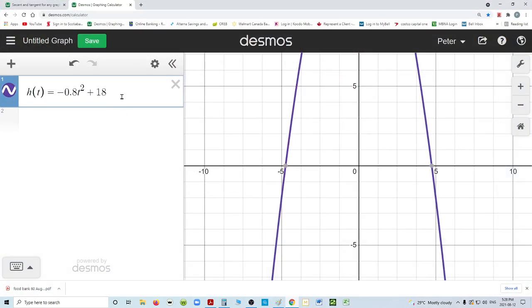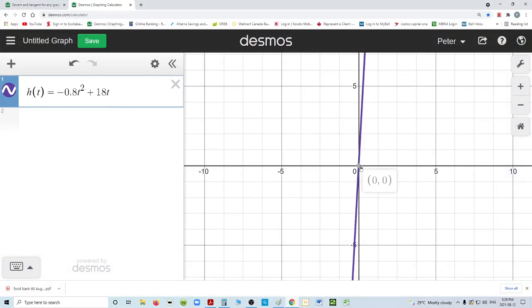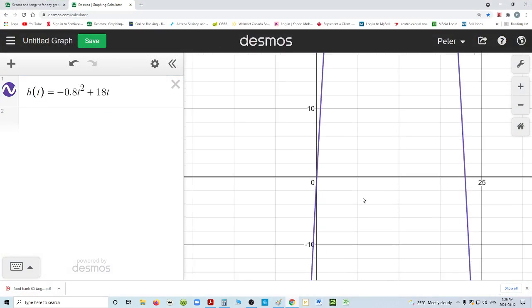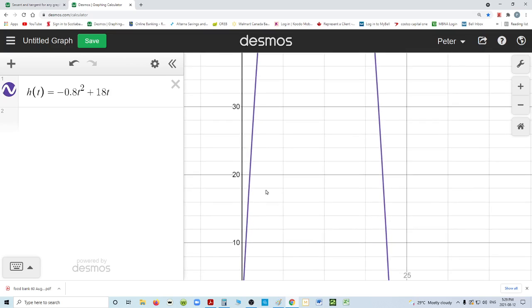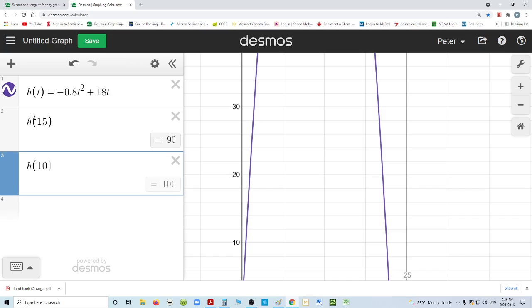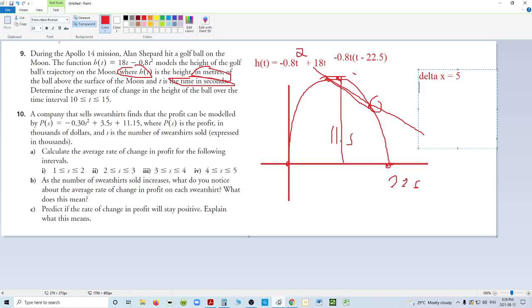Plus 18t, sorry. You will see that indeed, from my calculation, it does hit the ground at 0.222. But now the nice thing is I can take my h of 15, and it's going to give me my y value. And I can take my h of 10, it's going to be my y value. So that means that 90 is my y value. So let's do this fully. So this, at this point,